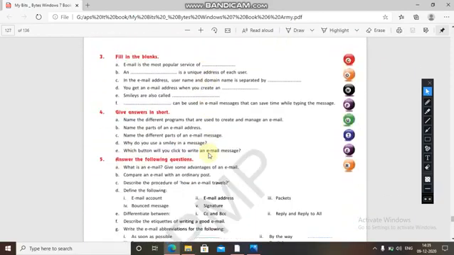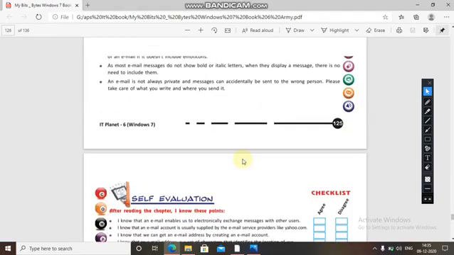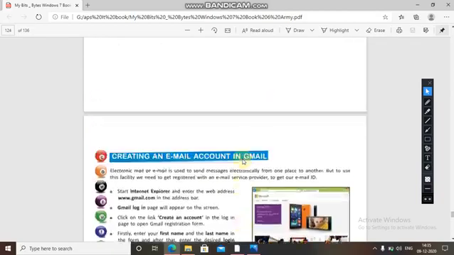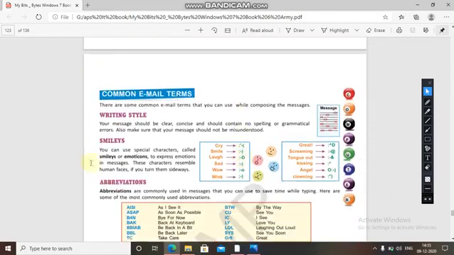Now next is, why do you use smiley in a message? A smiley shows what? To express the emotions through messages. So we use smileys for showing the expressions of emotions and feelings through a message. It is a very short 2-word answer: smileys to express emotions in a message. That's why I use smileys.